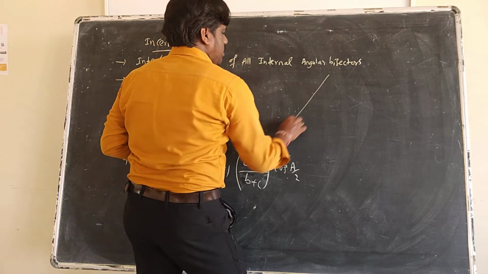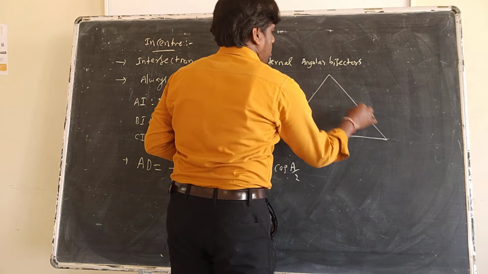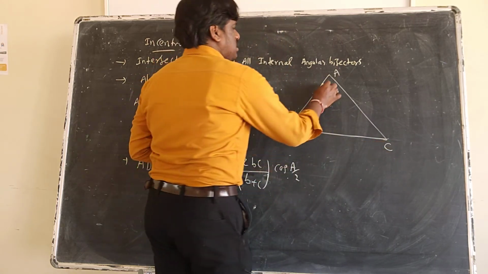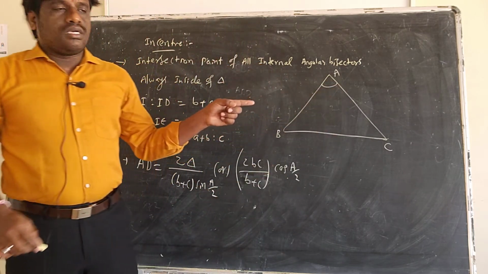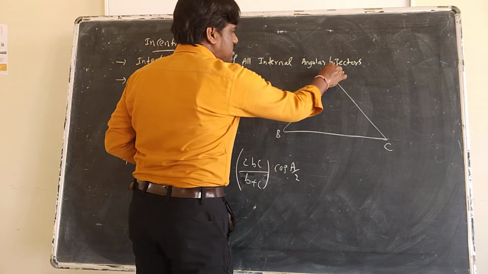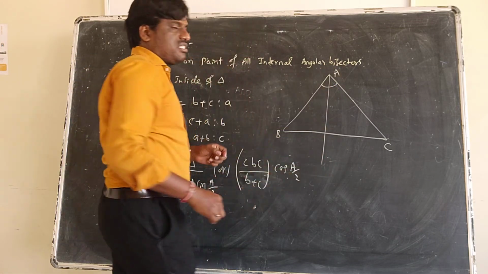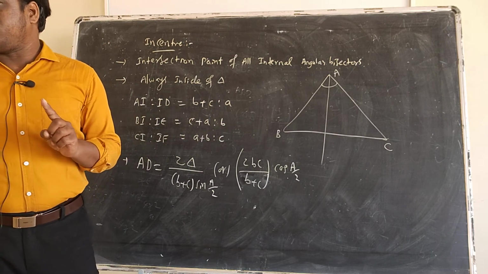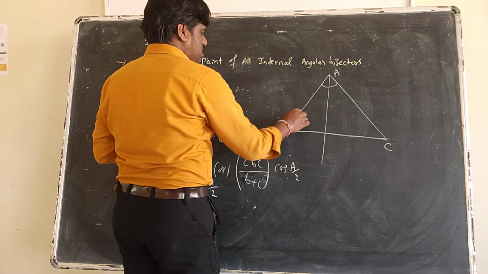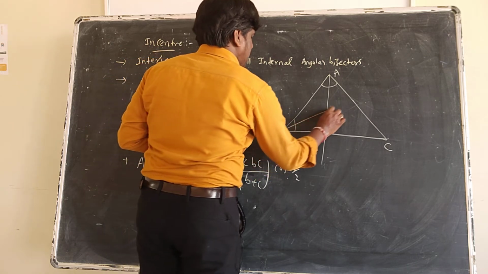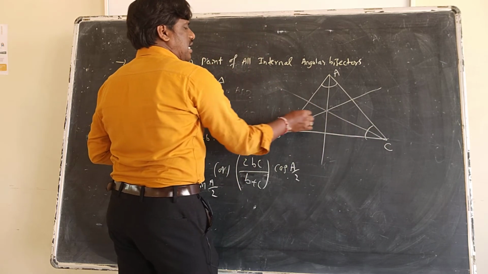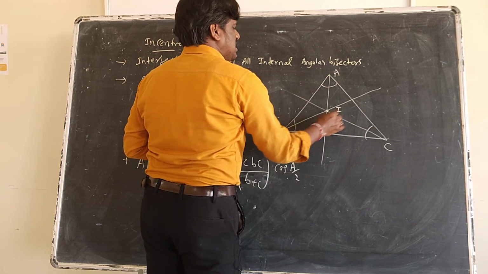Now what is the meaning here? You have a triangle ABC. Angle A, if I bisect this, it will go in the middle. Suppose it is 60 degrees, then it divides into 30 and 30. And this angle is some other value, whatever it may be, 60, 40, 70, anything, and it will be bisected. So these angular bisectors of the triangle meet at one point, that is called the incenter.